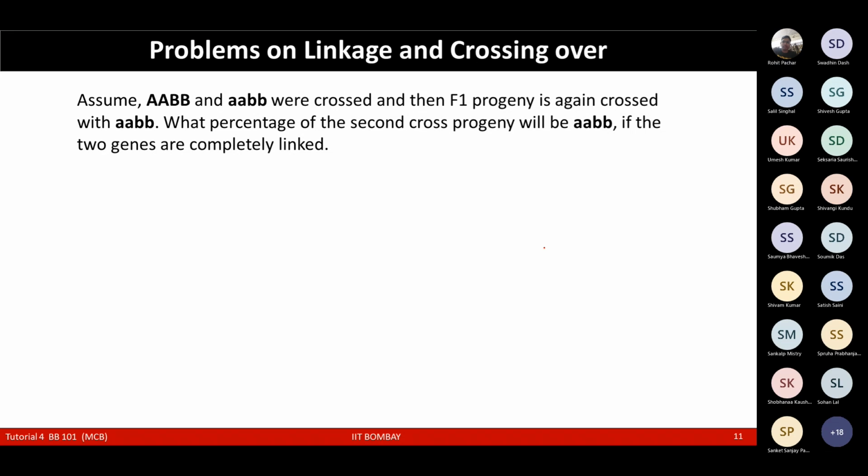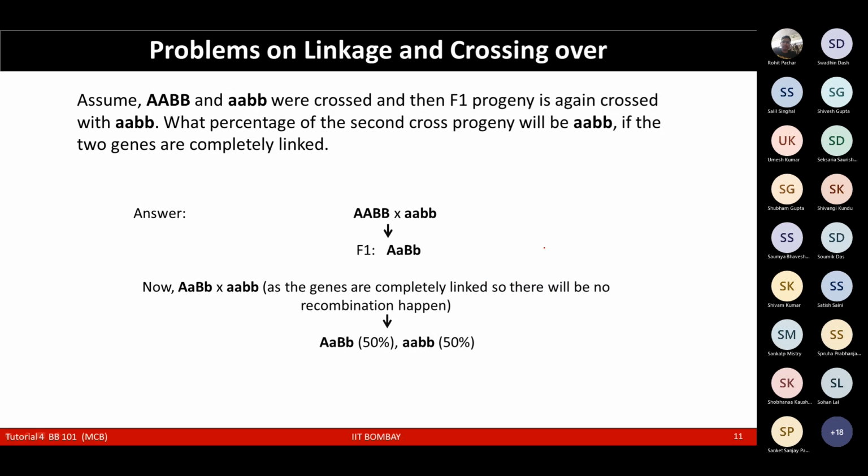See, in this case, we are taking capital A, small b, capital B, and it's crossing with A, B, B. So what will be the F1 generation? Capital A, small a, capital B, small b. True. So you are true at that point. So when this capital A, small a, capital B, small b is crossed with capital A, small b, small b, 50%. What will be the recombination percentage of both these? Because it's already recombined, then how 6.25? I didn't get your 50%. Yeah, 50% for each part because it's already recombined.